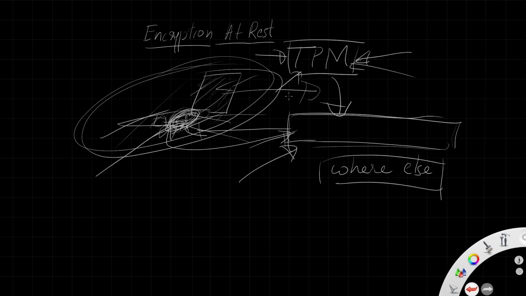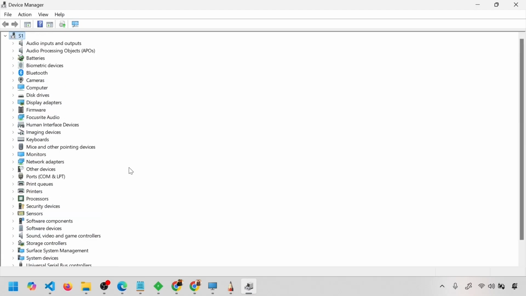So these days, operating systems use TPM for encrypting the disk and to keep the symmetric encryption key inside the TPM. For example, Windows 11 uses TPM. I'm pretty sure this laptop has a TPM. Let's have a look. So I'm in the device manager of my Windows laptop right here, and there should be something called security devices, Trusted Platform Module.